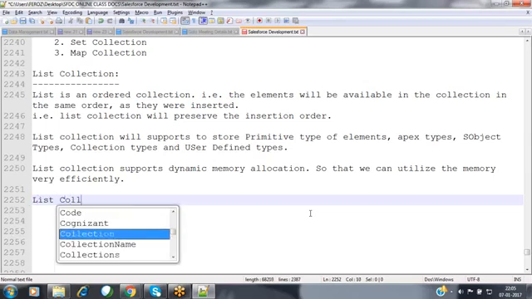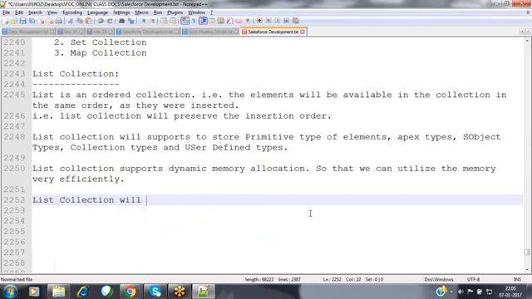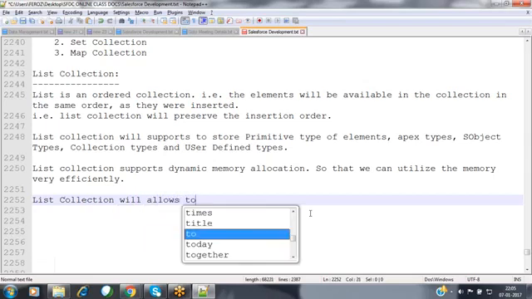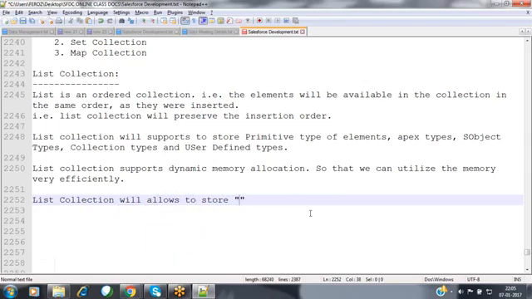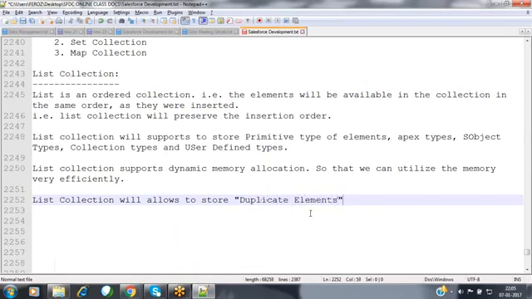The List collection allows storing duplicate elements also. It is supporting duplicate elements as well.